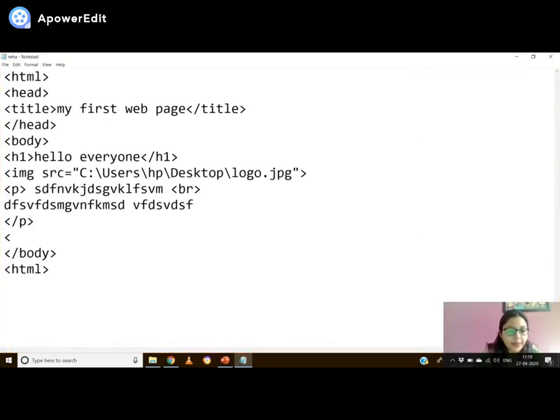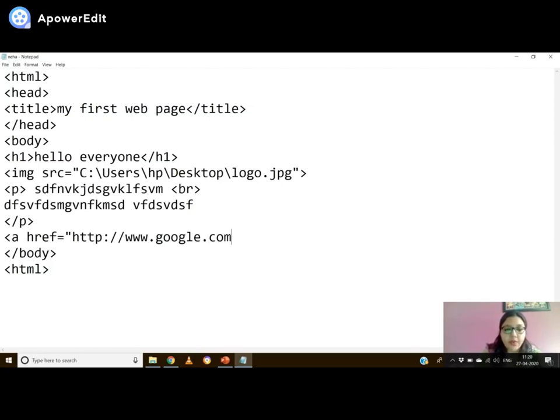Okay. So now I'll be writing a href is equals to double quotes, then http colon two times forward slash, then www.google.com. Okay, and if you want to specify any particular page, then you can put one more forward slash, then name of that particular web page.